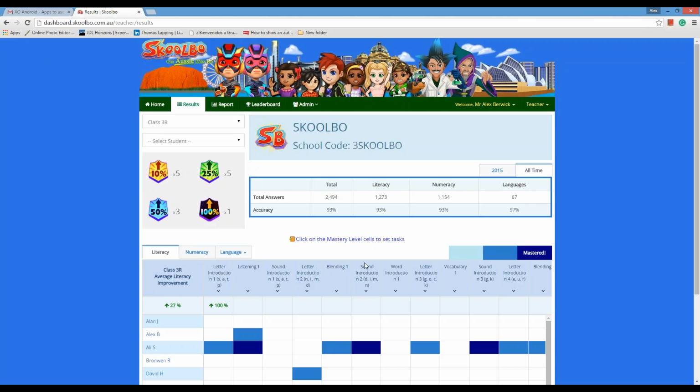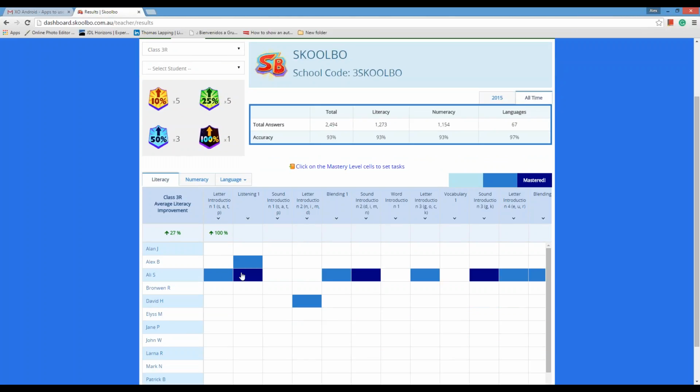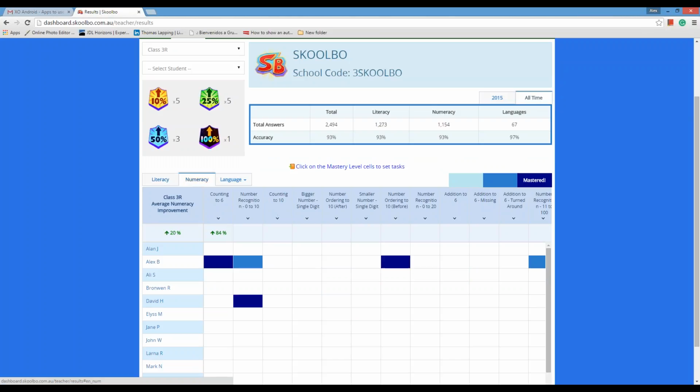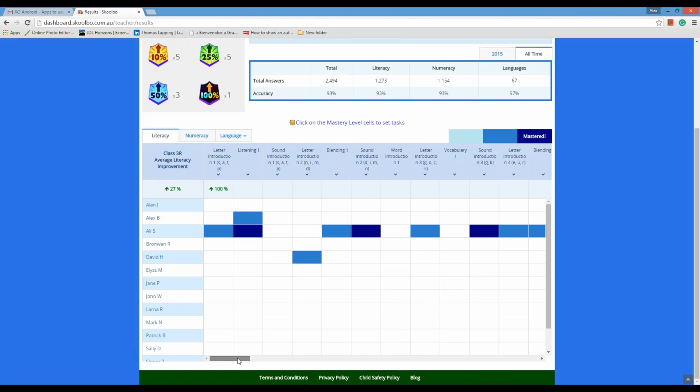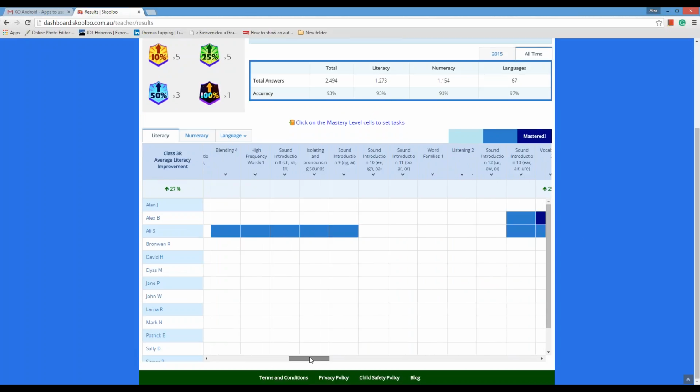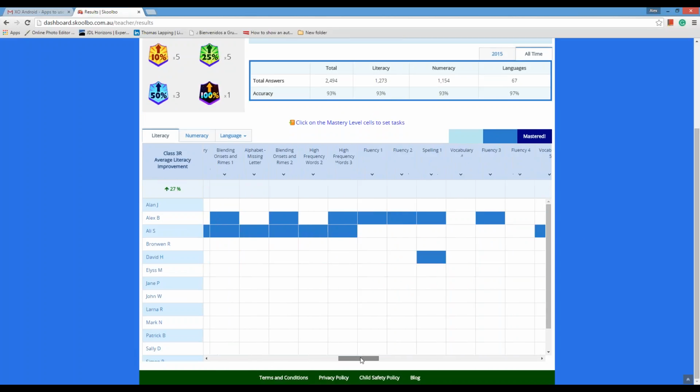So some good stats. Here I can see my class, how they're tracking on various outcomes, syllabus outcomes, literacy, numeracy. The color coding system is light blue, medium blue, and dark blue. Dark blue is when the students have mastered a topic. So you just have a quick glance at how they're doing across the board. Great, lots of good usage there.